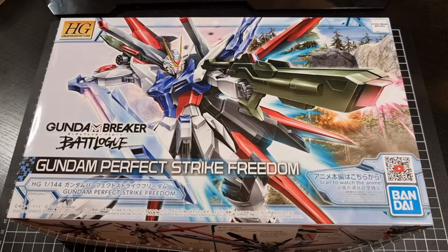For this video, we'll be going through an unboxing of the High Grade 1/144 Gundam Perfect Strike Freedom, from Gundam Breaker Battlogue, released by Bandai in 2021. This is kit number 3 of the lineup. Before this, I've done the Live Lance Heaven, and before that was the Gundam Helios. So 3 kits in, one more to do after this, and then I have to wait for the Barbatorus and the Command Quant to arrive, which will probably be another month or so. Anyway,